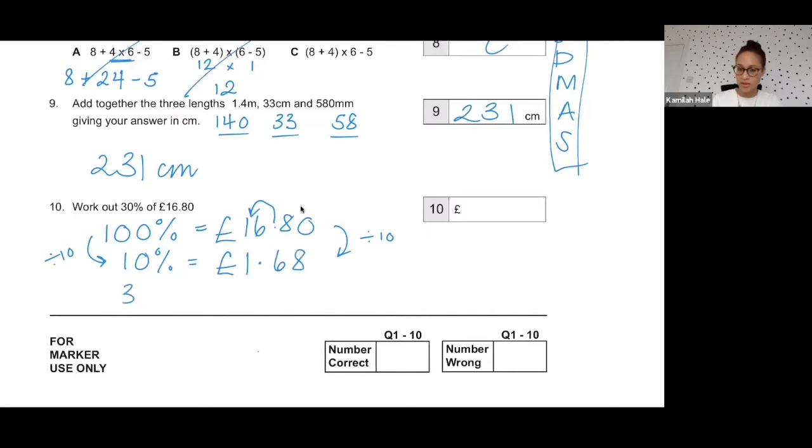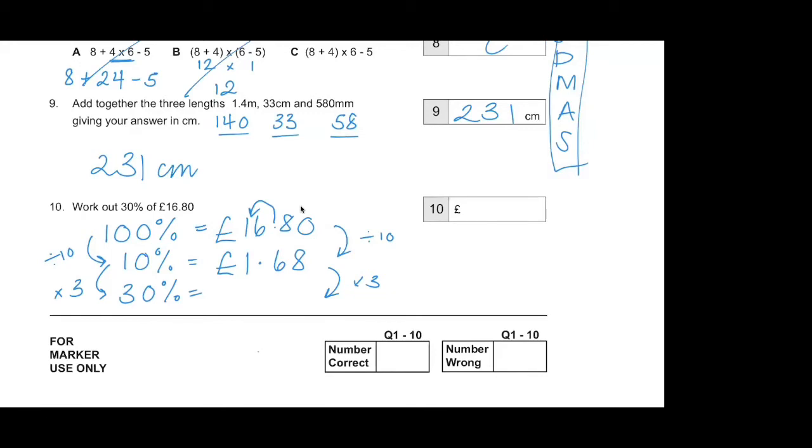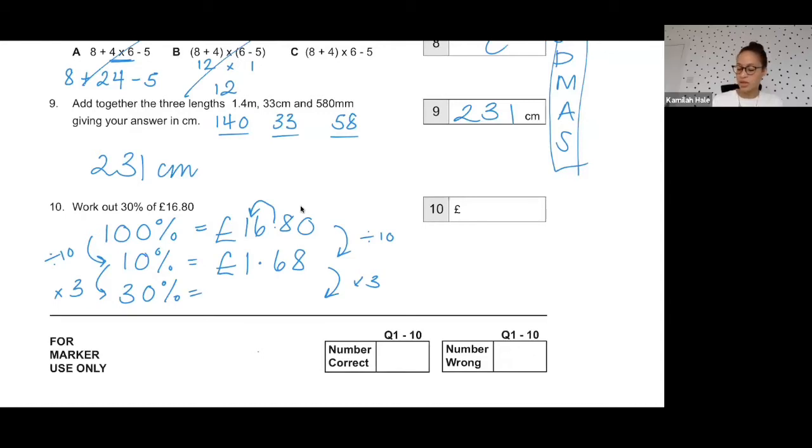And then 30%, we do times 3. Now I've got some answers here that have the right digits, but like 50.4, check whether that seems sensible. So 30% of £16.80, we know we're going to get a number that is less than half of this. So it's going to be less than £8, because half of 16 is £8. So if you're getting something like 50.4, you know that's too big, and so you need to look at your answer again. So yes, I think most of you got it. £1.68 times 3 gives us